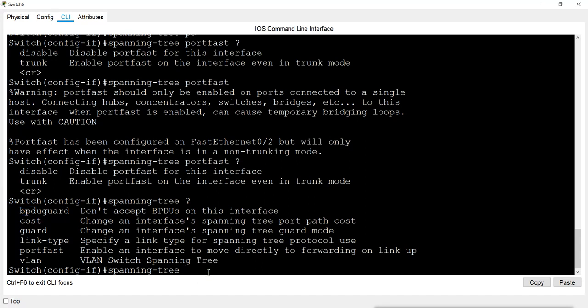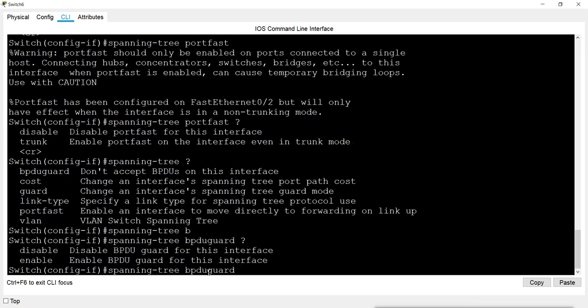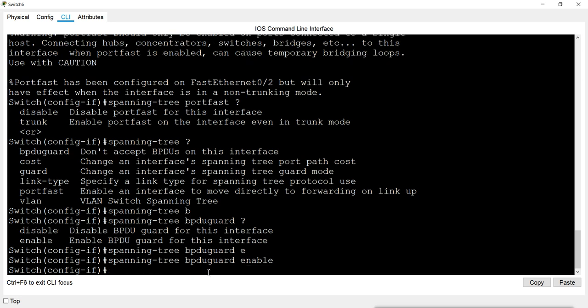So I will also use BPDU guard enable. So when you enable PortFast, you should also enable this BPDU guard. And also you can change the cost for the port, and you can change the link type also.